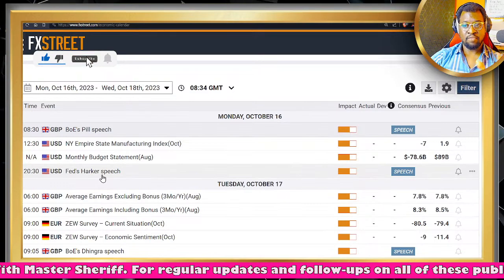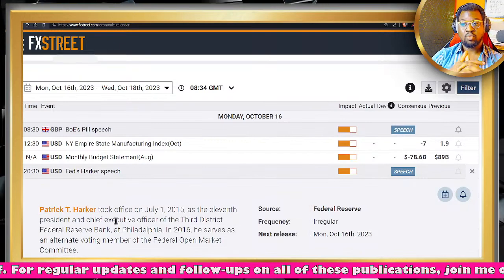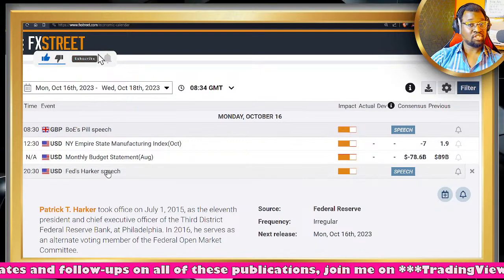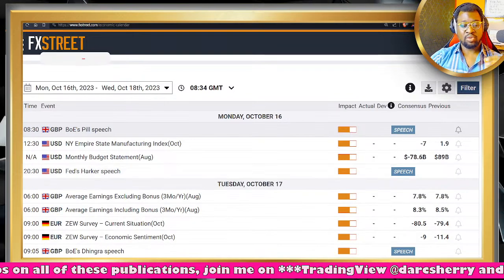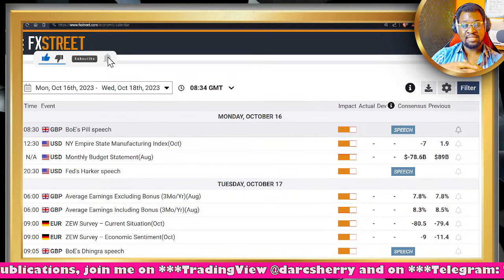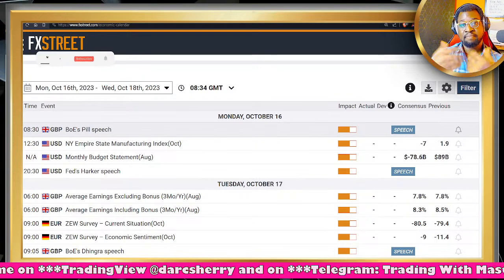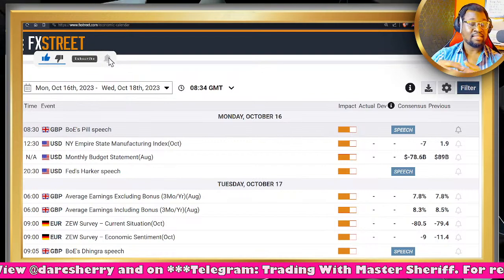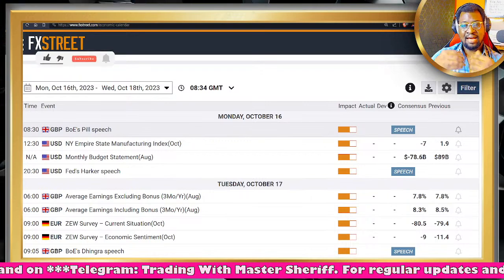Then later on today, much more later in the day, we are going to be having a speech from Patrick T. Harker, who is the 11th President and Chief Executive Officer of the District Federal Reserve Bank at Philadelphia. Well, he had a speech last week, Friday, and his statement was more of leaning towards the tendency that there wouldn't be any further interest rate hike based on the fact that the inflationary data that came in last week, that is the consumer sentiment index, the consumer price index, and of course the producer price index,